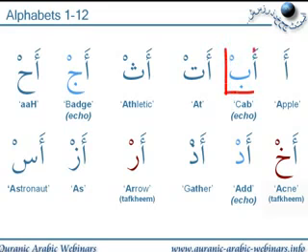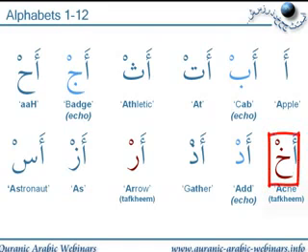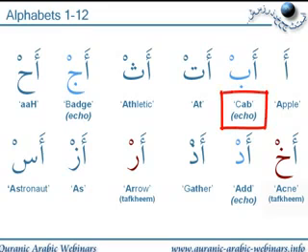The color coding: the light blue letters are the qalqala letters, i.e. the echo letters that require you to finish the pronunciation with a separation of the parts of articulation, as we've discussed before. And the dark red letters are the tafkhim letters. If it's tafkhim and it's qalqala, we'll leave it in light blue, because for this lesson it's more important to emphasize the slight echo. And underneath each letter we've got the English equivalent as best as possible and a note,